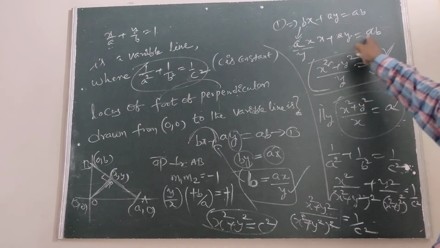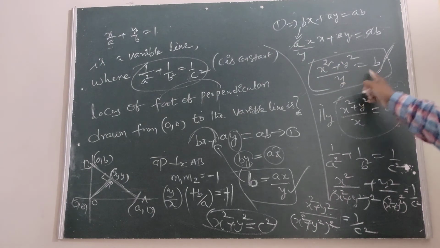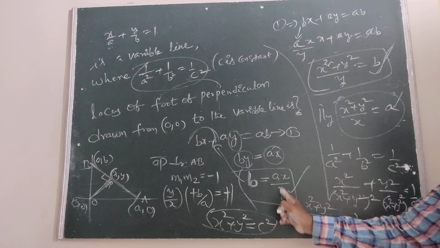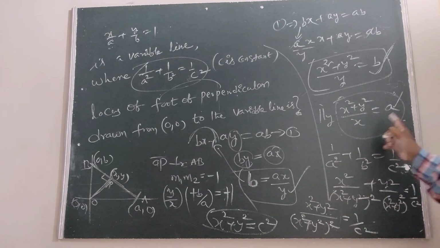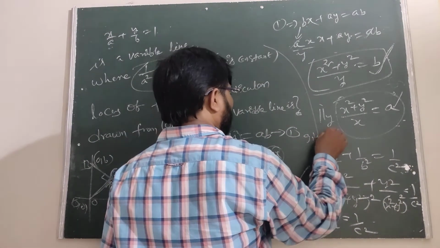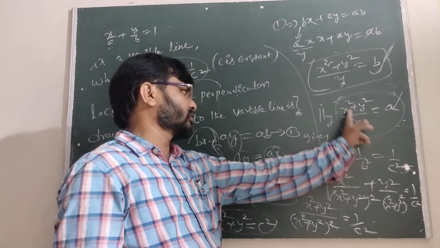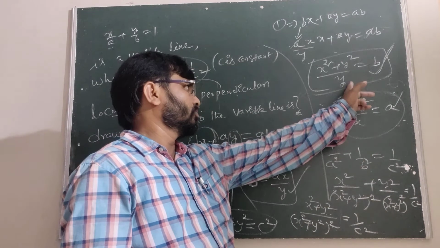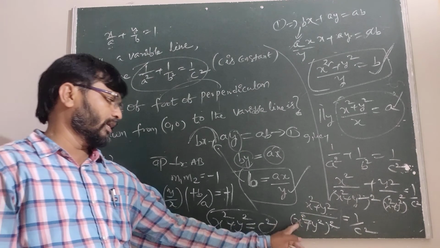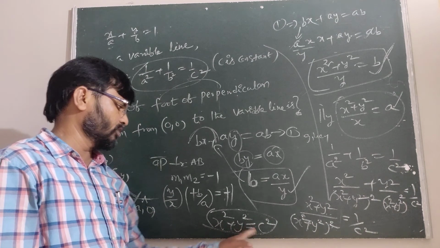Each term has a. Therefore, cancel the a. Now we got b equal to x square plus y square by y. This is substituted in this. The b is here x square plus y square by y, cancel. Into x is sent to the other side by x. Therefore, this is a. But given that 1 by a square plus 1 by b square is 1 by c square. 1 by a square is x square by x square plus y square whole square. Similarly, y square by this one, taking the LCM. One time cancel. Therefore, 1 upon x square plus y square equal to 1 by c square. Now, cross multiplication, x square plus y square equal to c square.